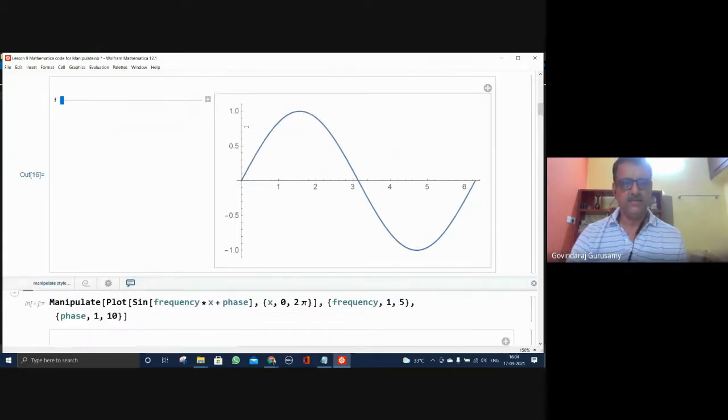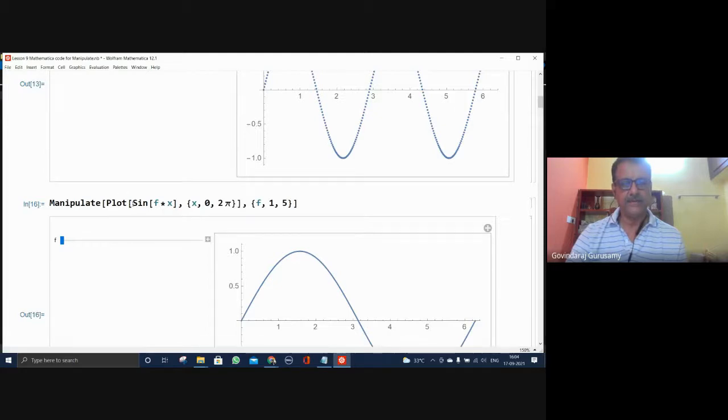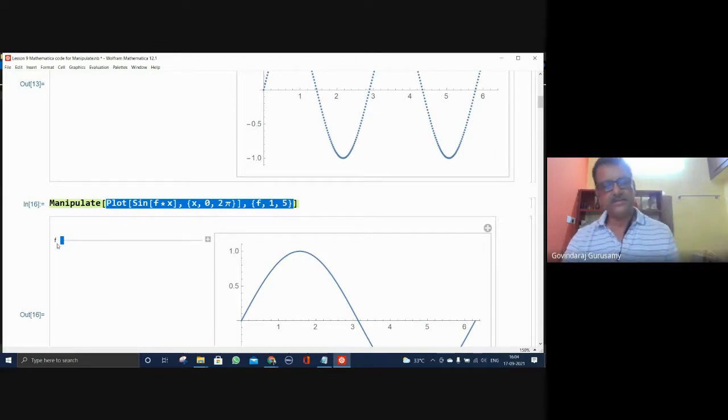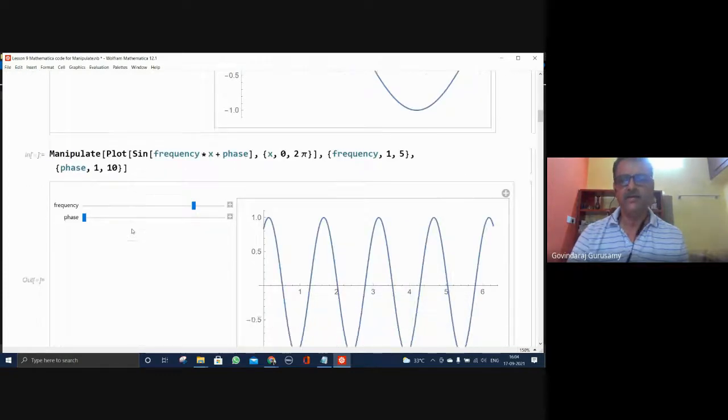Okay. So now I don't want to change anything here. But in the control placement, I wanted to have a frequency. Through the control placement, is it something that can be done so that instead of f as a variable, I want to see it as a frequency? How do I do that?